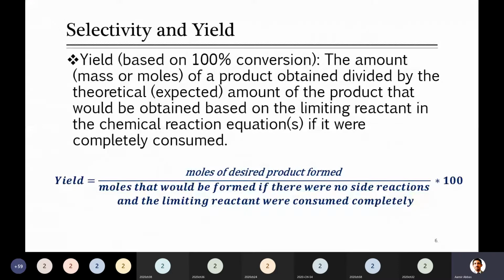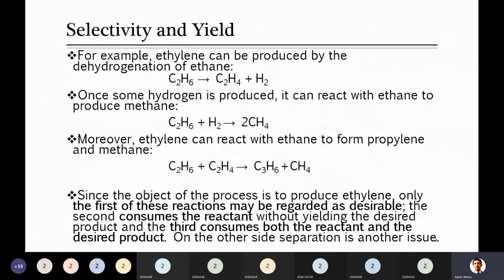And here there are two restrictions. The first one is no side reaction. For example, if I am looking for the maximum number of moles of C2H4 that can be produced, this will depend on the reactant, and here there is only one reactant, so we can't say limiting or excess. It is the only reactant, and that will be treated as limiting at the same time, because there is only one reactant, so it depends only on that reactant. If there were two, then we would have to look at which one is in excess and which one is limiting.